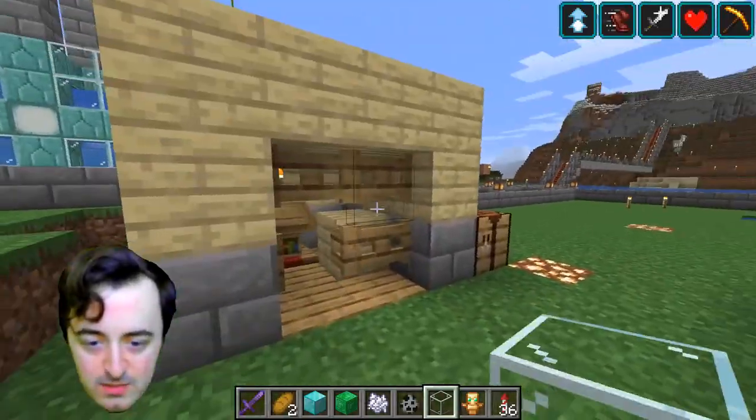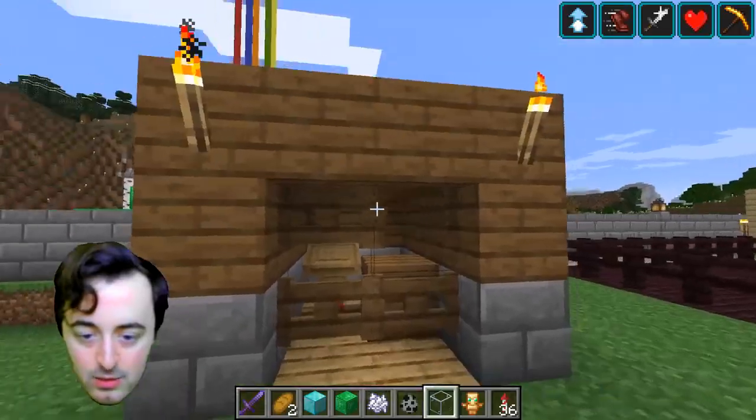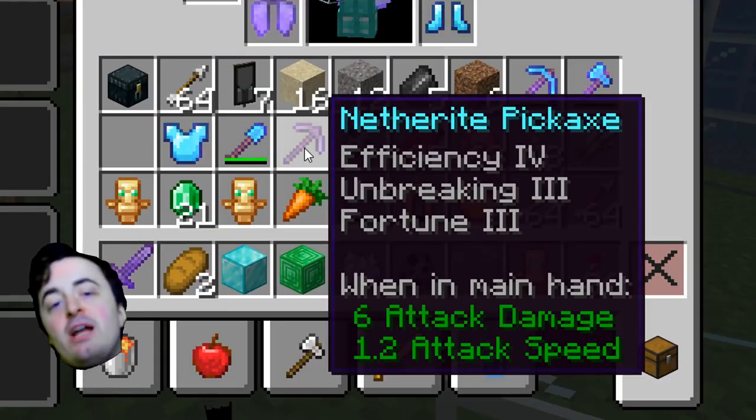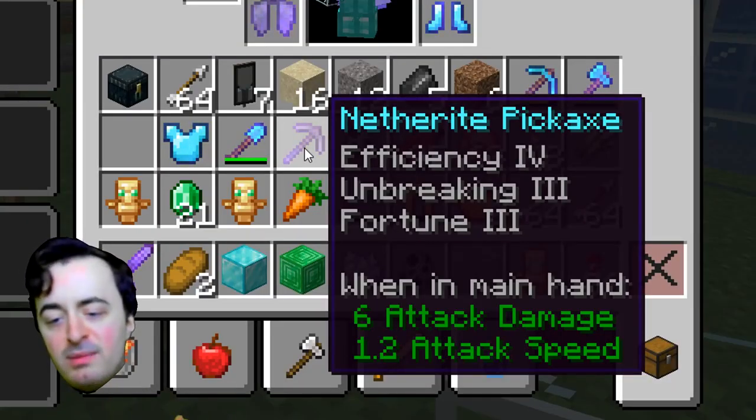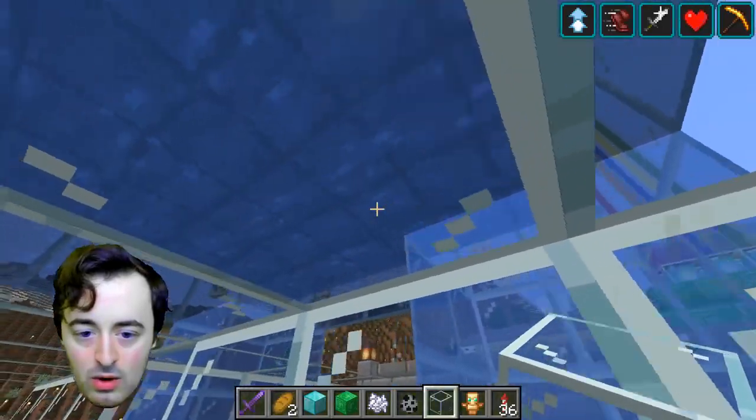These are just some huts for some librarian villagers that of course no longer exist. I'm very sad about that whole thing. I actually don't have mending on my netherite pickaxe because I ran out of mending books. The last mending book I had was used on my sword. And the last thing in this inner wall is my